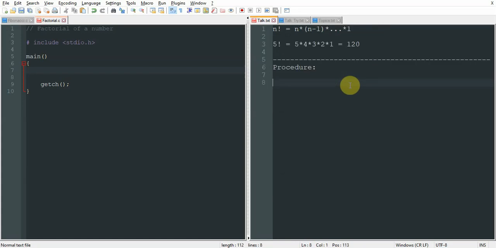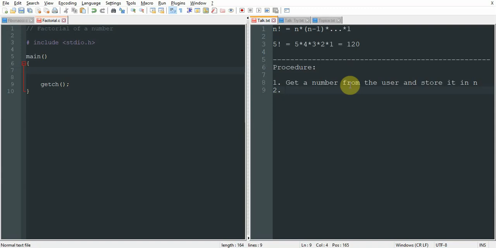For this, we need to get a number from the user, for which we are going to calculate the factorial, and multiply the number with the previous numbers.